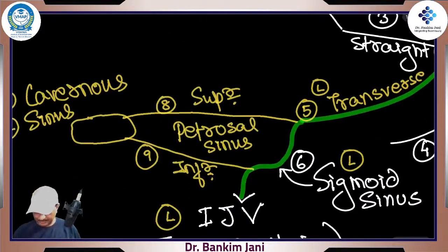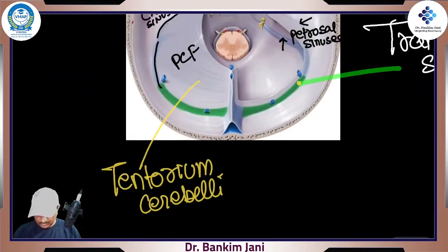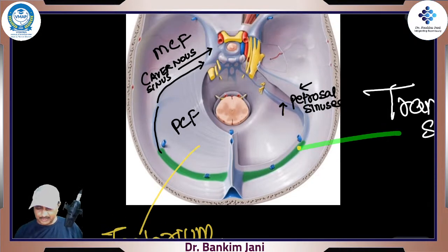Yeah, right. So this transverse sinus, as it proceeds, it becomes the sigmoid sinus. So it will be going down, right? So over here, that sigmoid sinus, when it goes down, will give one more sinus, which will be underneath. That one would be the inferior petrosal sinus. The superior petrosal sinus and the inferior petrosal sinus, all of them are going into